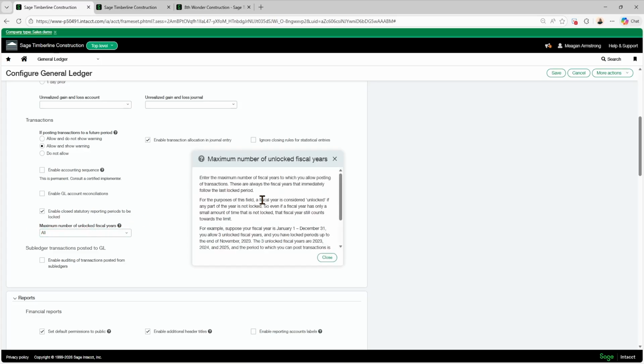So this just says that if I've locked down 2024, and I'm only going to allow one unlocked fiscal year, that means 1 year from the date it was locked. So if I lock 2024, 2025 is the only range I can post transactions to.